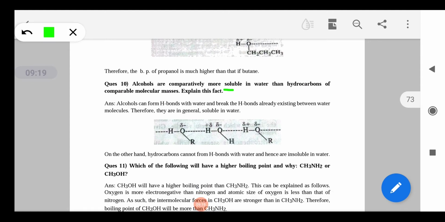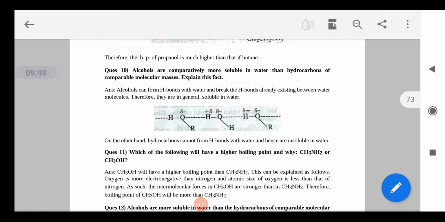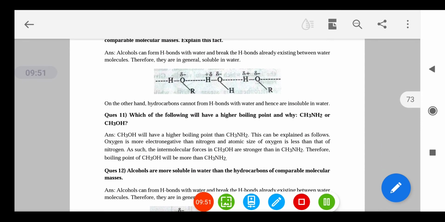Alcohols are more soluble in water than hydrocarbons of comparable molecular mass, क्योंकि अल्कोहल्स में होती है हाइड्रोजन बॉन्डिंग और alcohols form hydrogen bond with water which is difficult to break, that is why alcohols are soluble। लेकिन जो हाइड्रोकार्बन्स हैं वो नॉन पोलर होते हैं, तो इस वजह से ये पानी के साथ बॉन्ड नहीं बनाते हैं और इनसॉल्युबल होते हैं।